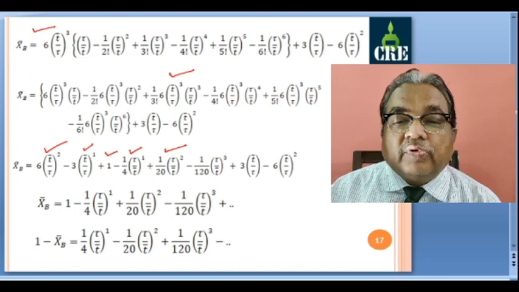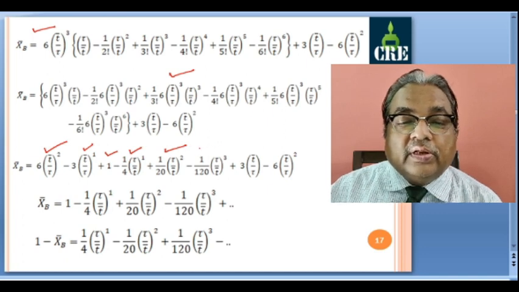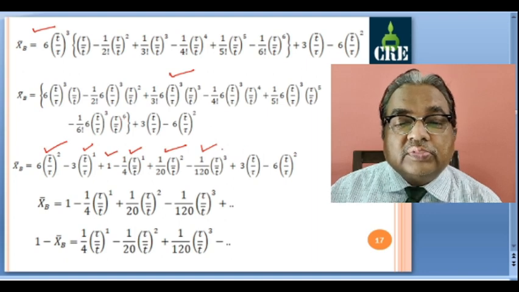So 6 by 120 is 1 by 20, and this is cube and this is tau raised to 5. So you get 1 by 20 with plus sign, tau square. Similarly the last term is 1 by 120 for this, and this is cube and this is raised to 6, 6 minus 3, so this index becomes 3, and you have this